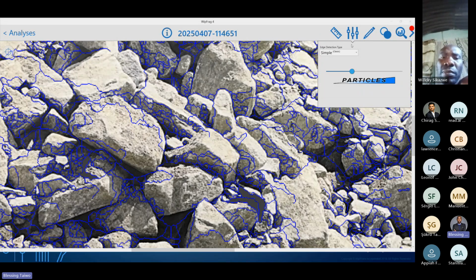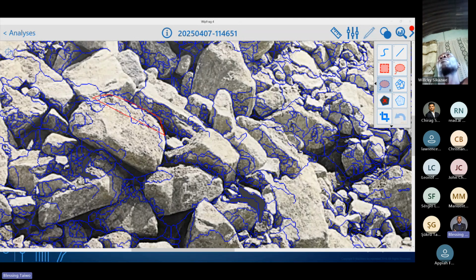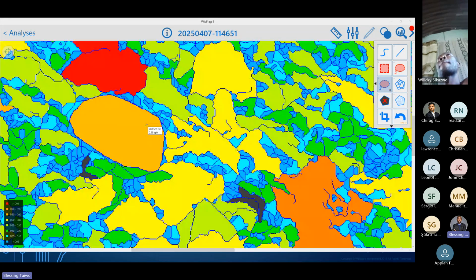you have access to manual editing tools, which you can easily use to edit this. One of them is tool number 5, which will allow you to redraw the net manually by yourself. So imagine redrawing this net manually for all these particles; it is going to take a long time before you can be done. So here we correct that error, which is the disintegration error.